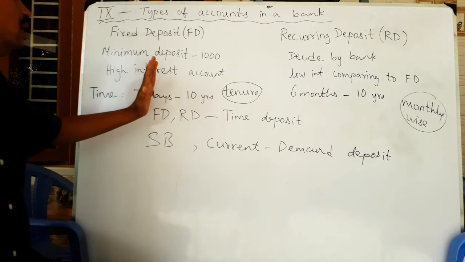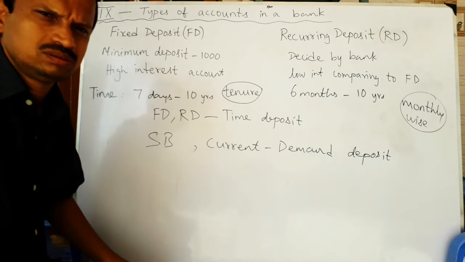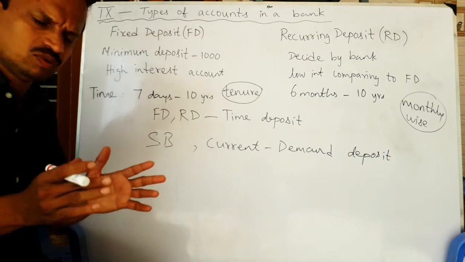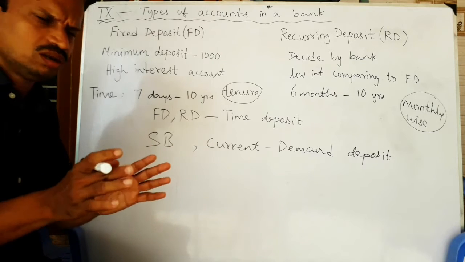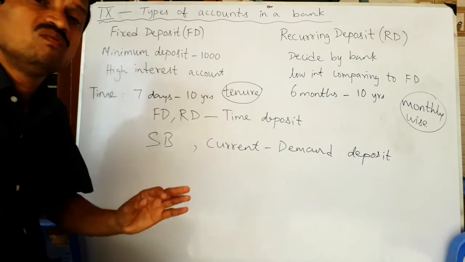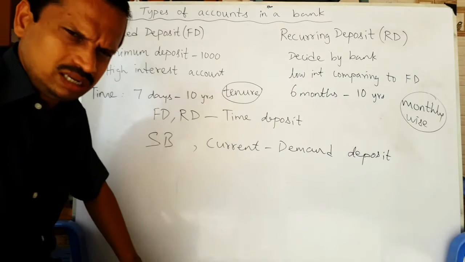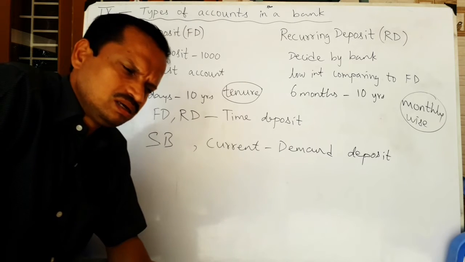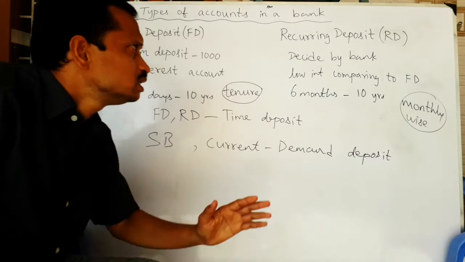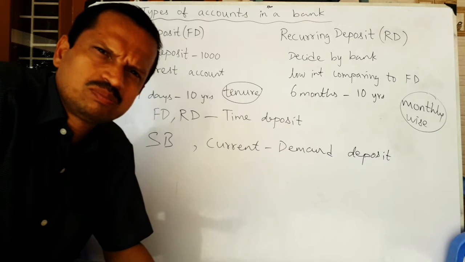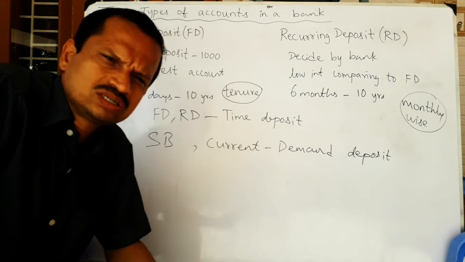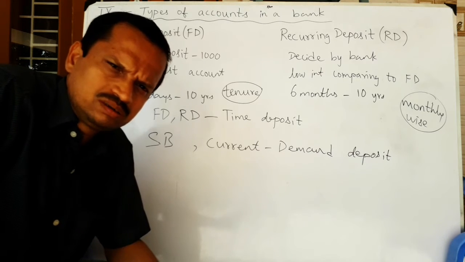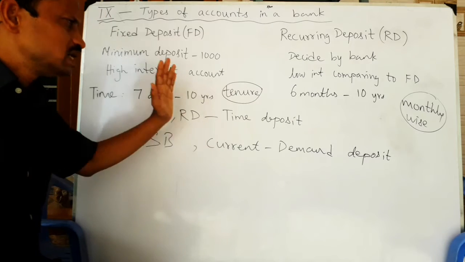The main thing here is only one-time deposit. 1000 rupees is the minimum, and we can plan 1 lakh, like that. If you deposit 1 lakh in a fixed deposit, that's all. For 5 years, it means after 5 years only we can withdraw with interest. Clear? But in RD, it is every month. So salaried people and middle class people prefer the recurring deposit. Every month they can deposit some amount and they get interest according to the deposit at the end of the tenure, that is the maturity period. Clear?